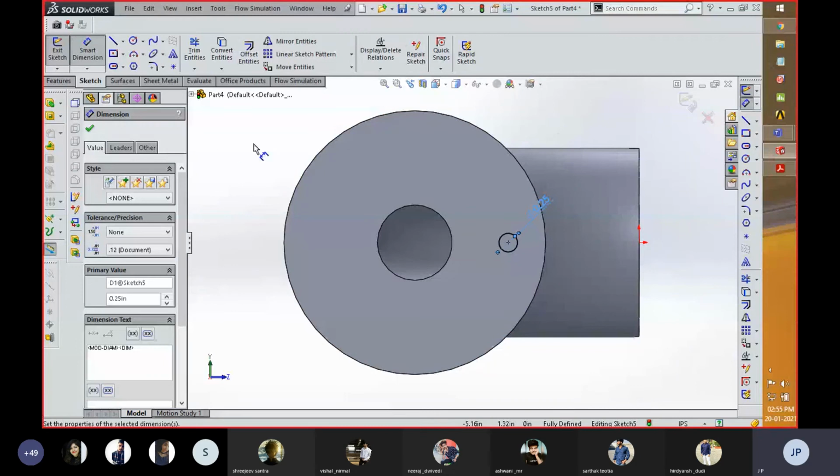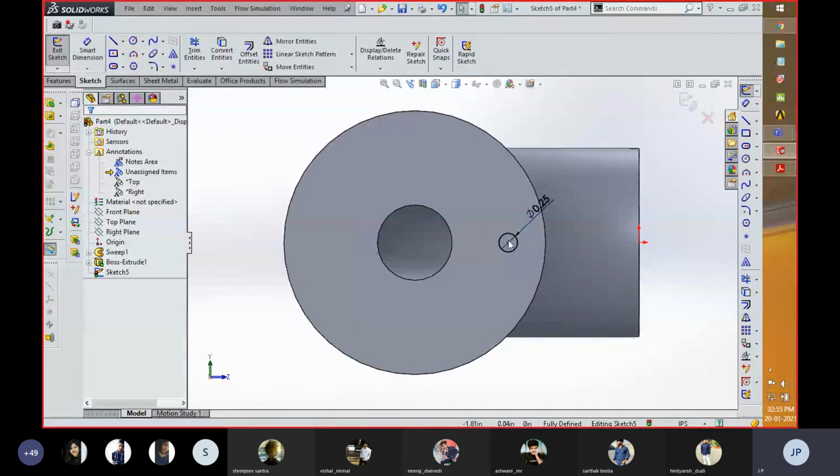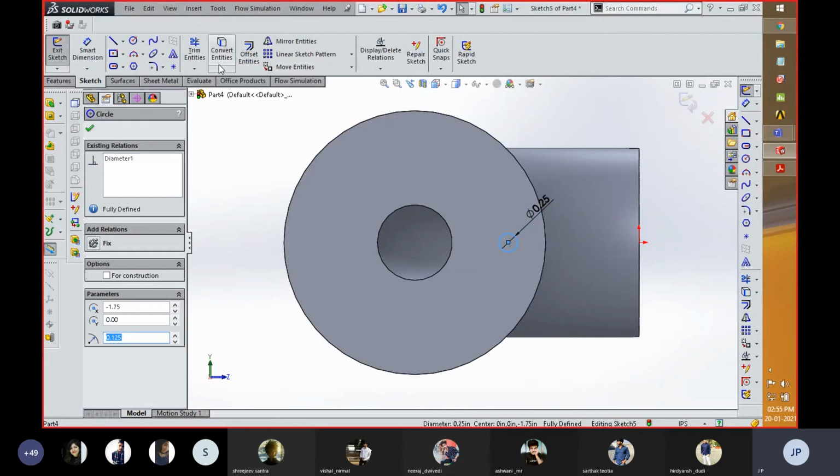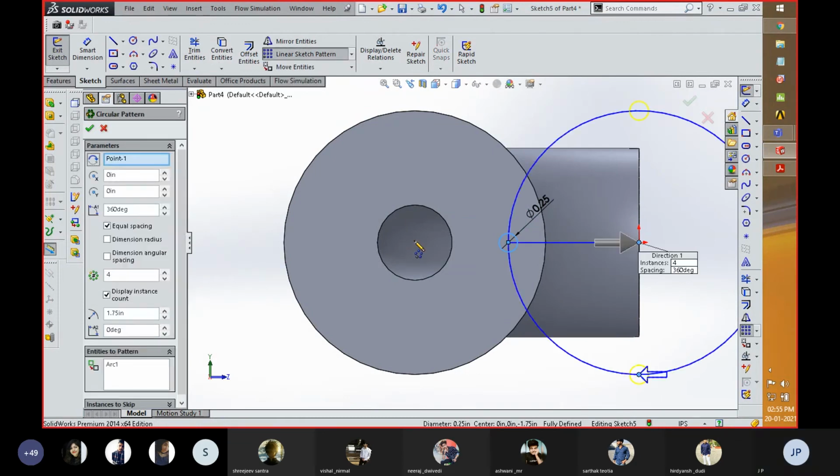Now what you can do, you can create a circular pattern over here. The center point which it identifies automatically is not correct, and that should be over here. Actually it picks the coordinate system.